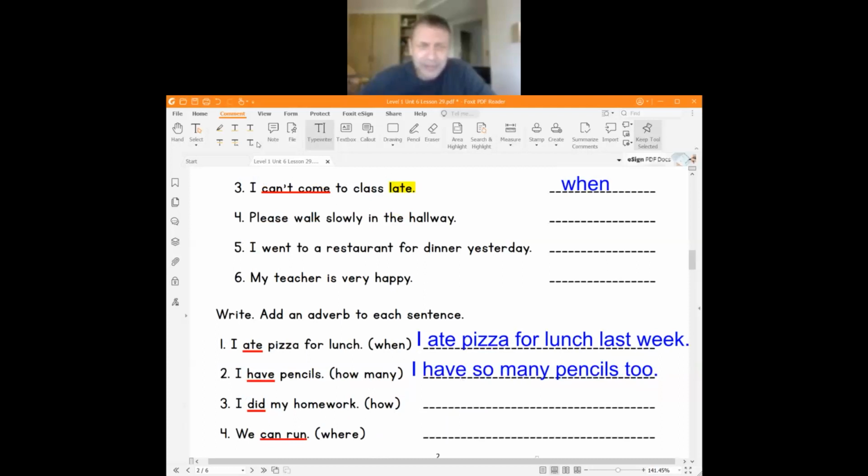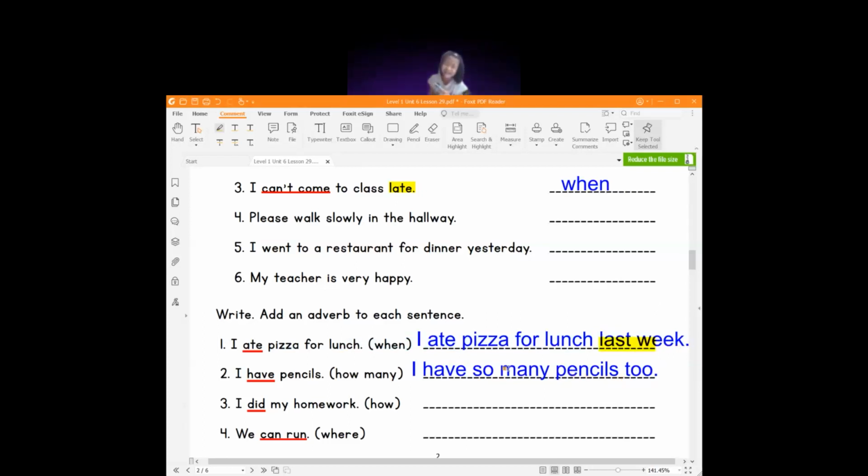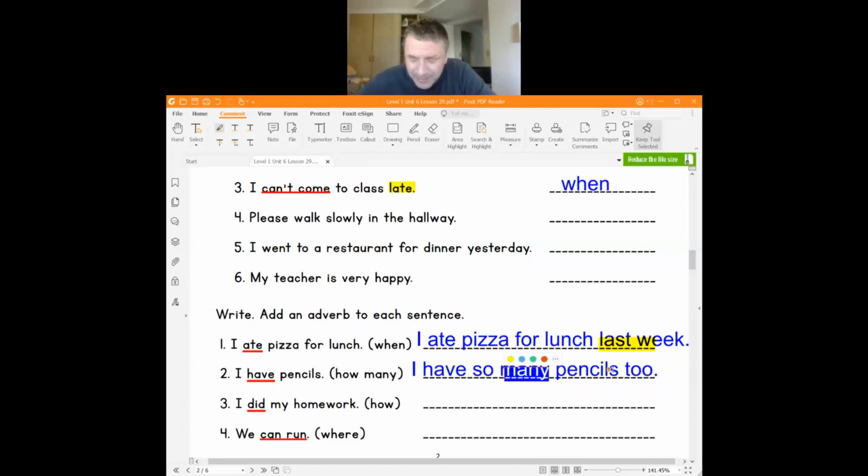For the second part, please underline the verbs. Also, write a sentence with an adverb in it. If you would circle or highlight the adverb, that would be good also. I can't do that with, oh, maybe I can. Let me try to do that here. Last week, can I highlight it? Okay, I can kind of do it on my thing here, but it doesn't look great. Okay, there, kind of did it. I can't get the last part of week.